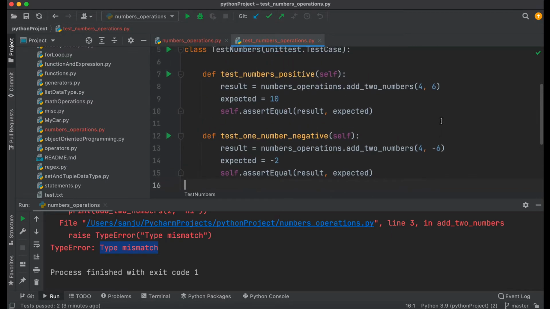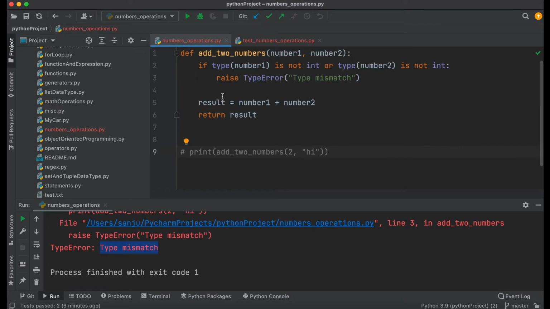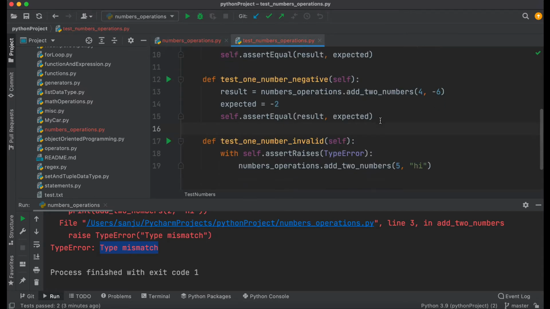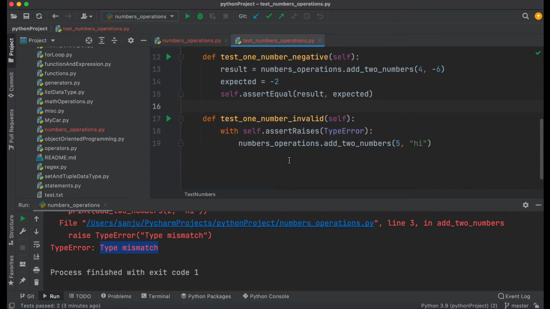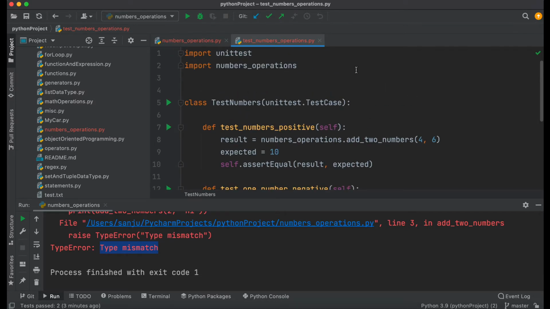Now you added this, and in the program you already added the exception for the type error, and the same way you write your unit test to check if your program is properly raising that exception. So let's run this,